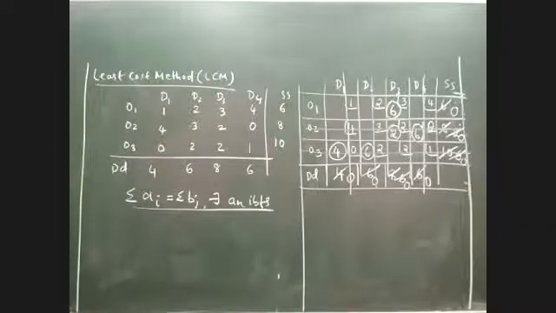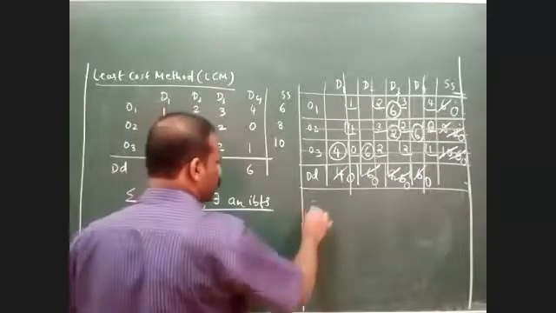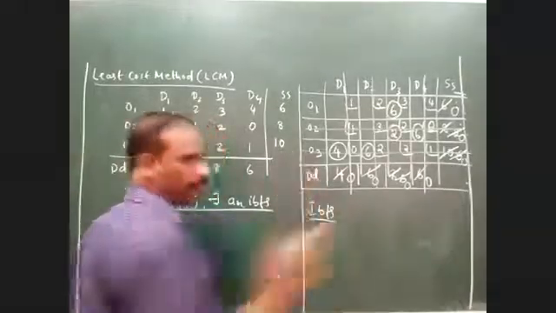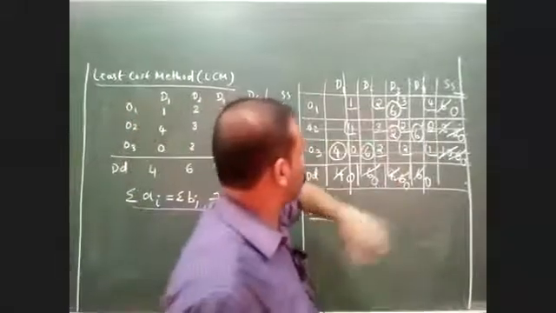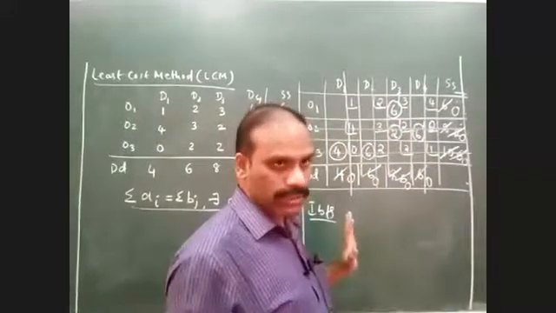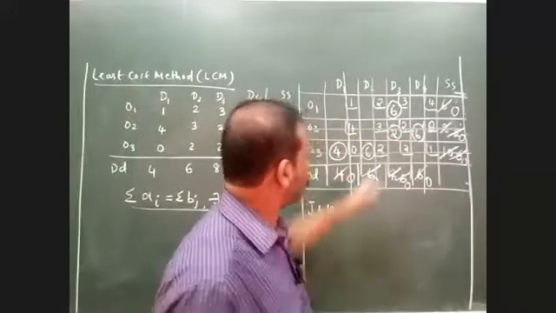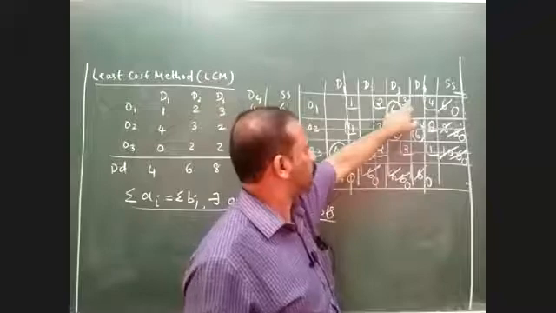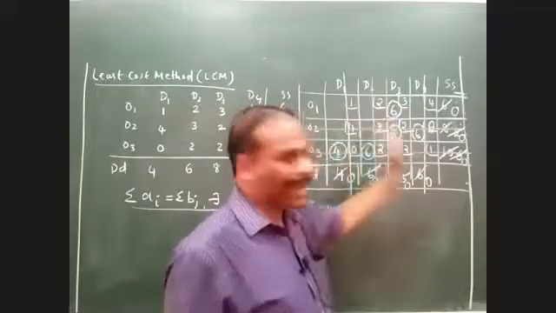As usual, the last step in this question is what? I am supposed to calculate the IBFS, initial basic feasible solution. Same procedure. See how many allocations are there? 1, 2, 3, 4, 5 allocations are there. And how do we find the cost here? Multiply the unit transportation cost into allocations and add it.